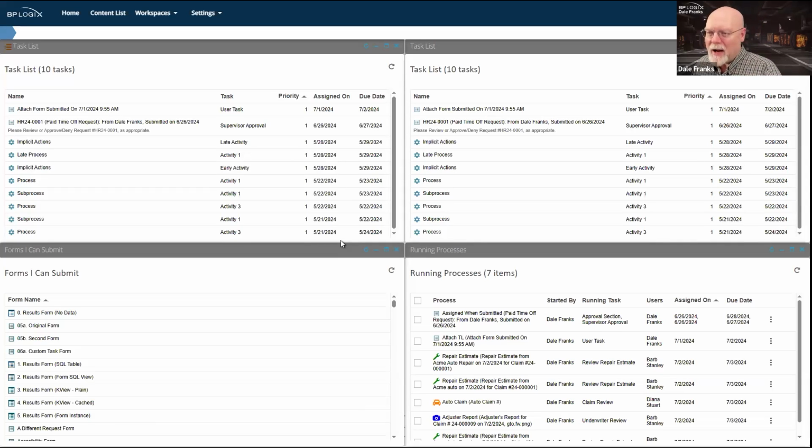It is not up in the upper left-hand corner or upper right-hand corner of my screen. And now you, trying to help them, are confused. You have asked them a question. Do you see the forms I can submit knowledge view in the upper right-hand side of your screen? They have told you truthfully that they can, in fact, not see it in the upper right corner of their screen. And you're going to be confused.